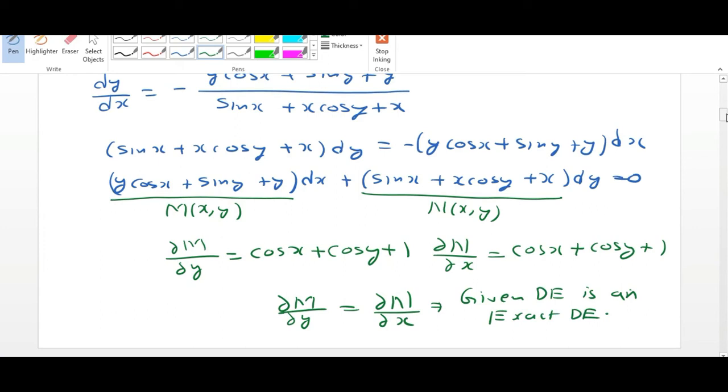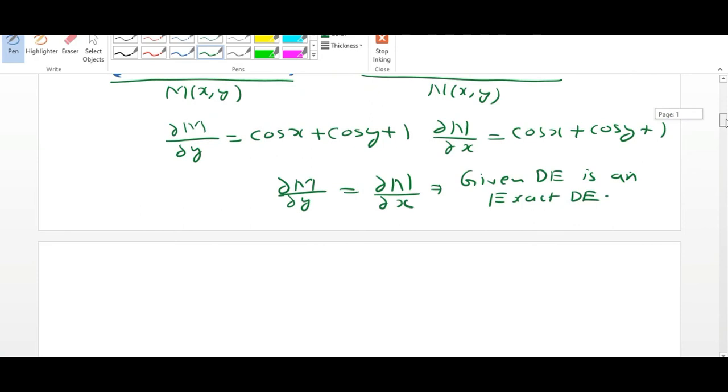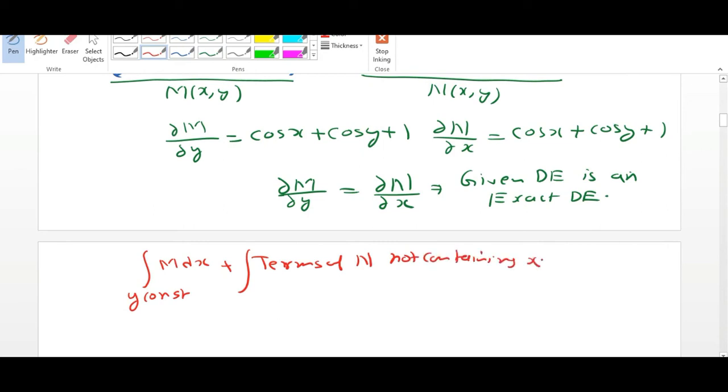Is it okay? Yes, sir. Clear है यहाँ तक? Yes, sir. Good. Now we will find the solution. Now we know that the solution of an exact differential equation is given by the equation integral of M dx treating y as constant plus the terms of N not containing x into dy equal to some constant c. Now let us put the values here. What is the value of M? M was